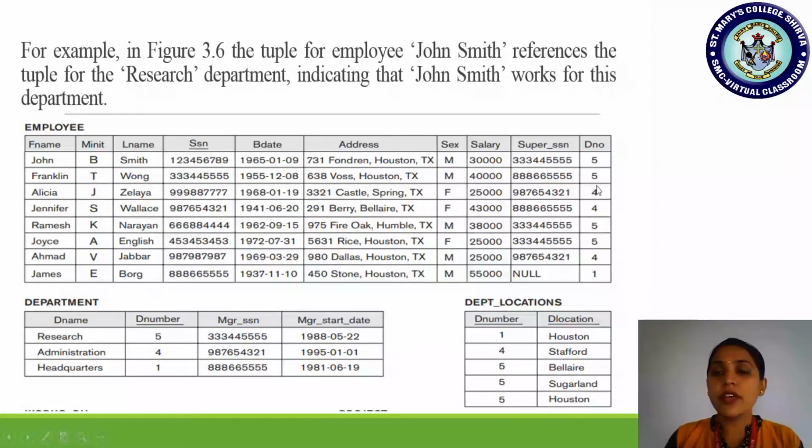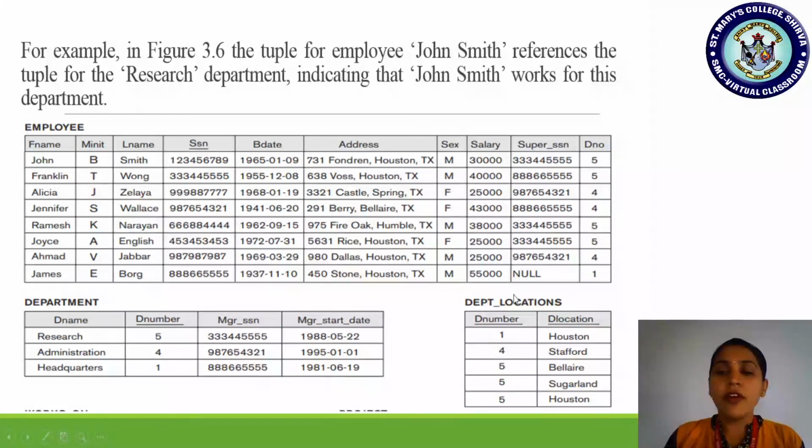Okay, second rule. Now if you check Alicia J. Zelaya, which department does she work in? Department 4. Does department 4 exist in the department relation? Yes. So department 4 exists, and the department name is Administration.